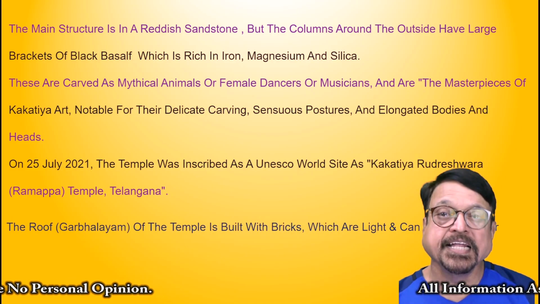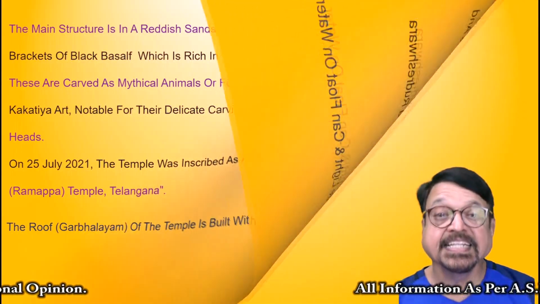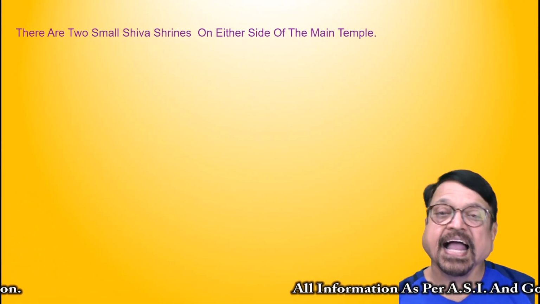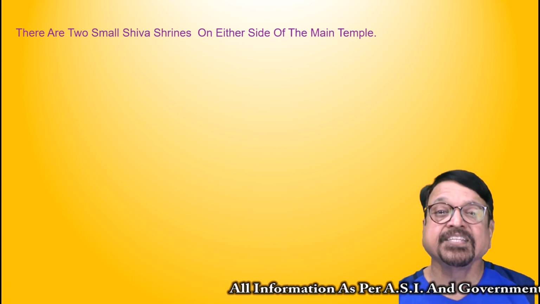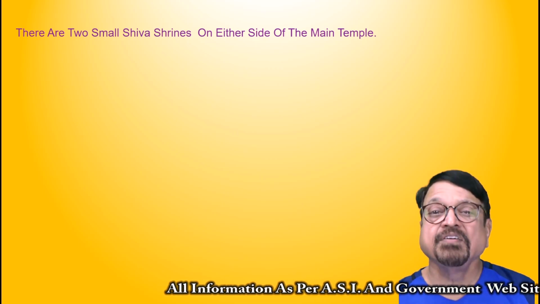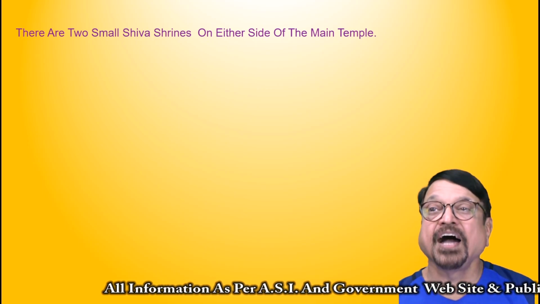The roof of the temple is built with bricks, and there are also beautiful designs in the ceiling. One of the best designs I saw was hanging from the ceiling, with a dancing Nataraja, dancing Shiva on it. It was so beautiful, rarely do you see any projection from the ceiling. So that's a wonderful art again.